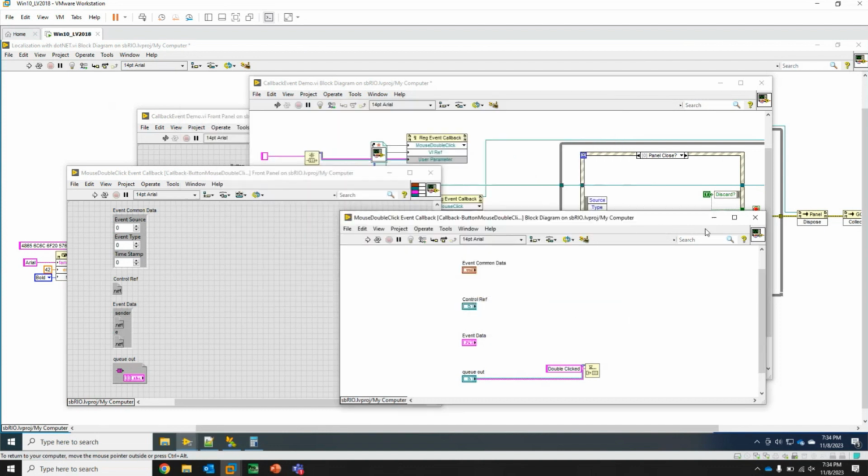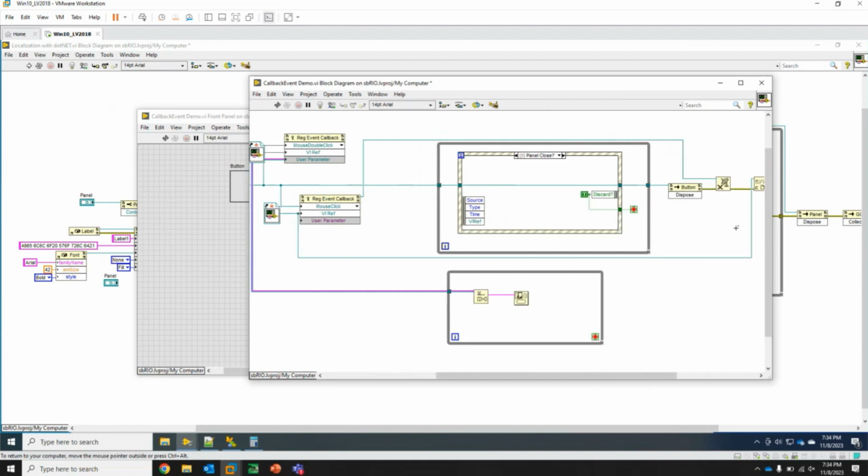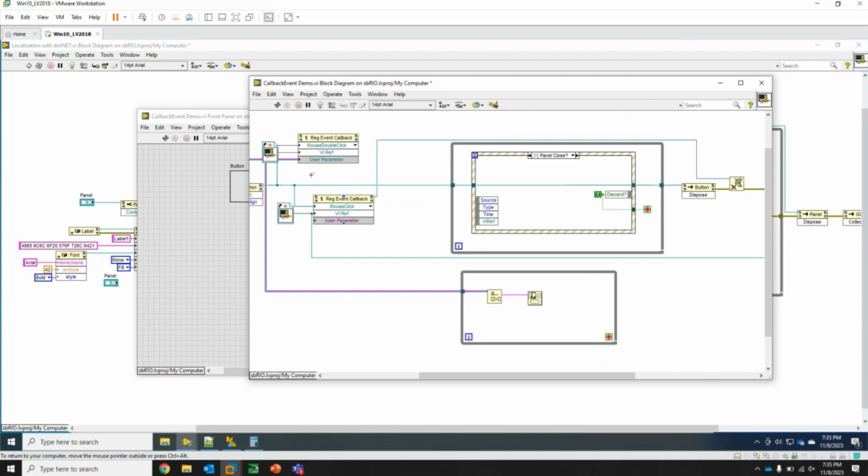Give them good names because you're going to end up with a whole lot of callbacks. And on the other end, you need to unregister and then close that callback and then do something called a garbage collect. If you skip this, which I will just for demonstration purposes,